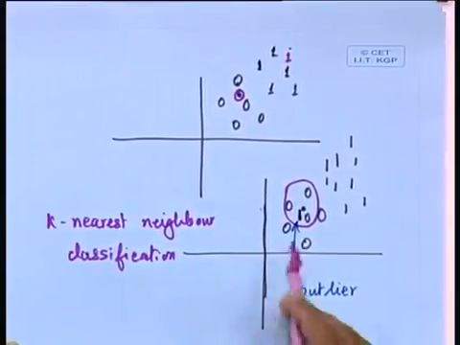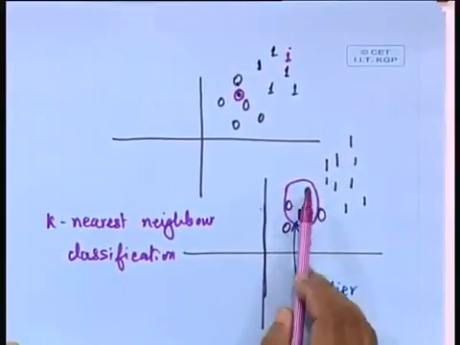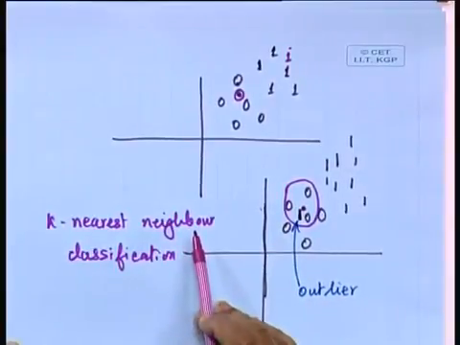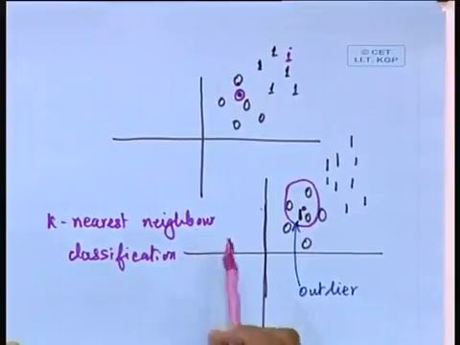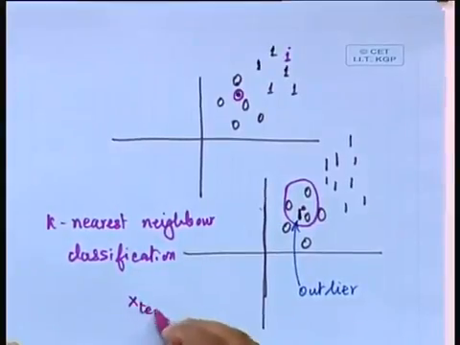So, we are going to consider the values of the outputs which are there for the nearest neighbors, and then depending upon the majority choice, majority output, we are going to decide